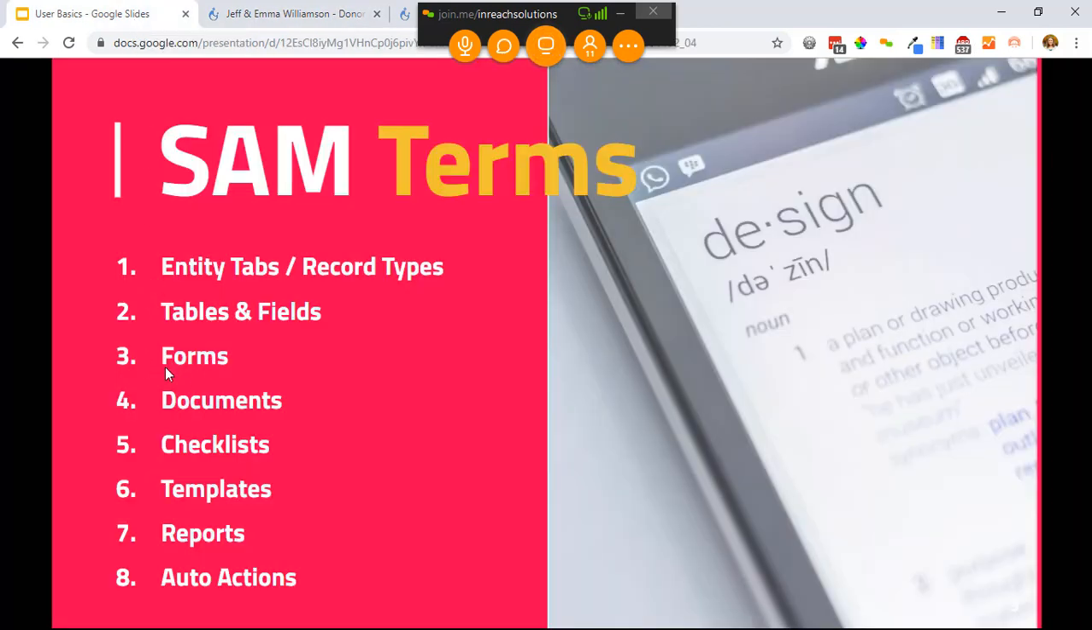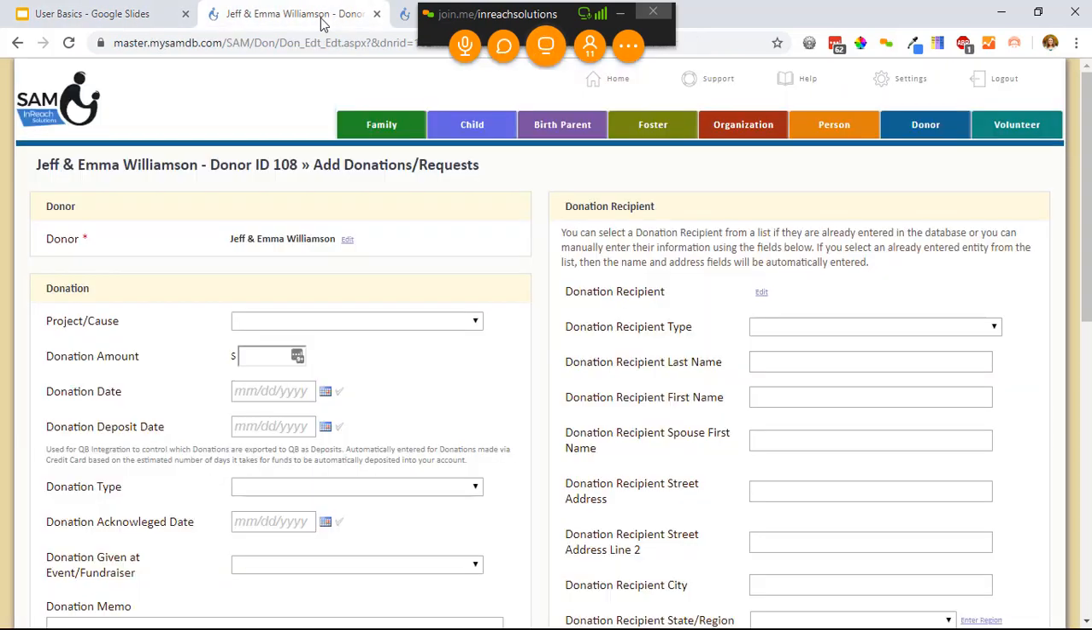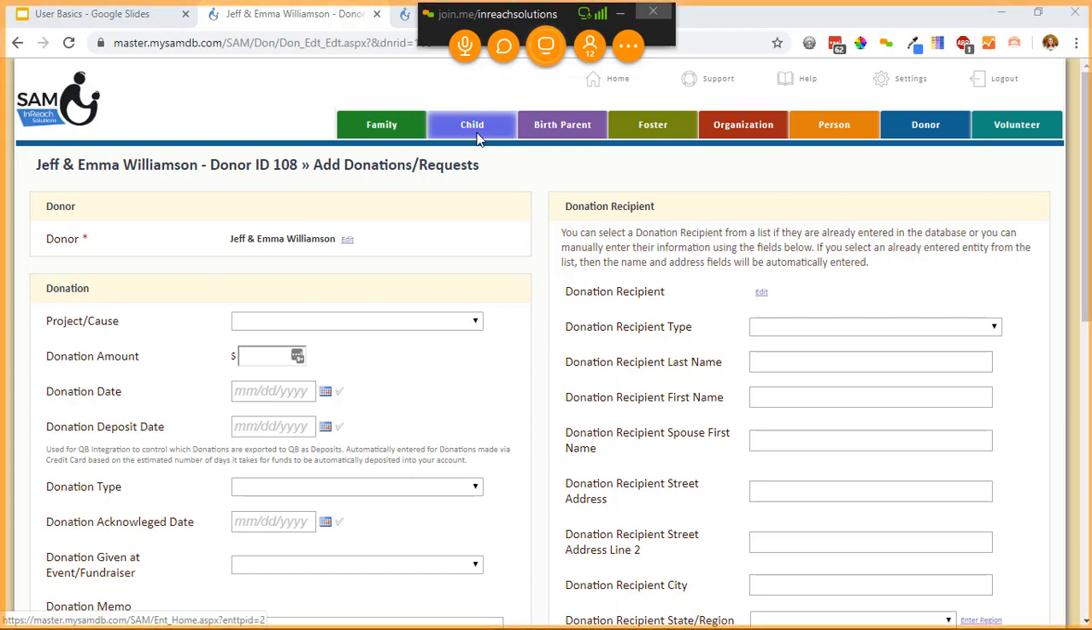So once we talk about forms, then we'll talk about documents. So again, forms, when I use that term to talk about SAM, I'm talking about how your team, or even potentially families that you're working with or external people that you're working with that interact with your database, how they enter data into your system. A document